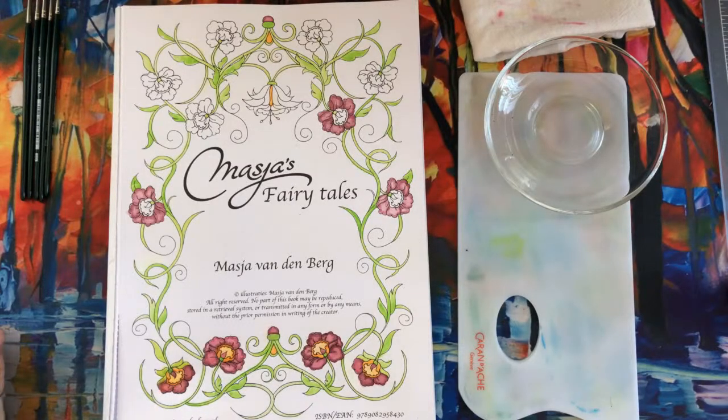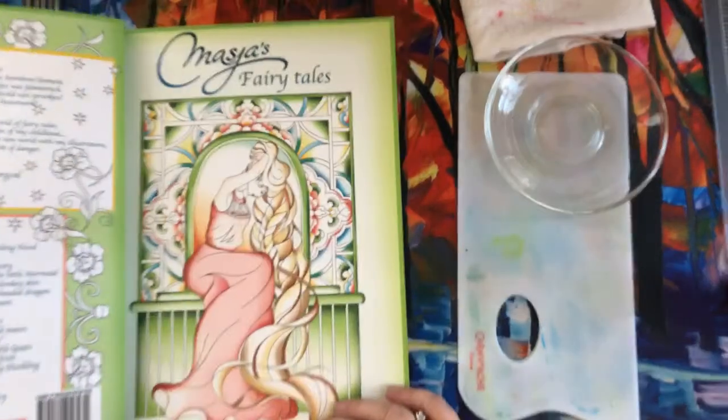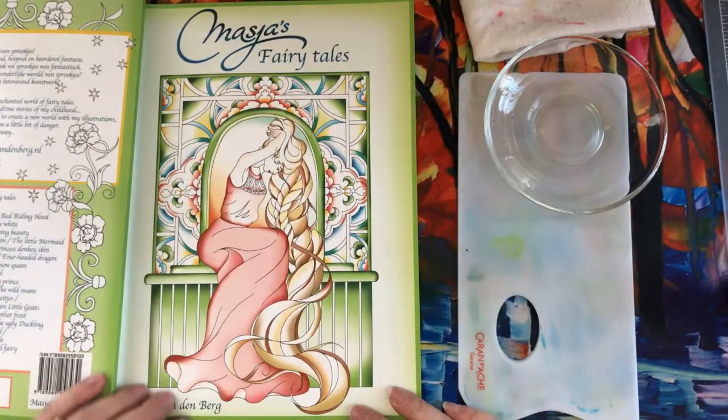So how are you guys? It's so nice to see everyone. This is my new book. I don't know if you guys have seen the review, but it's Maja's Fairy Tales. It's a gorgeous new book by